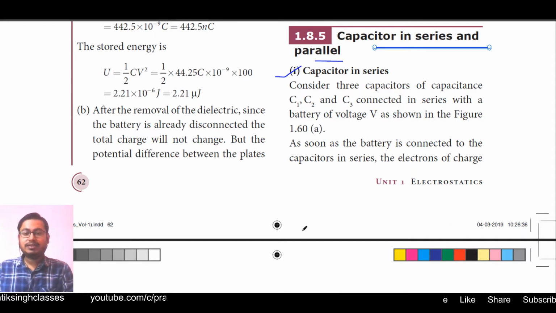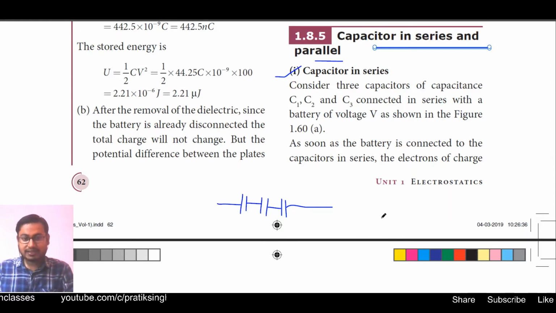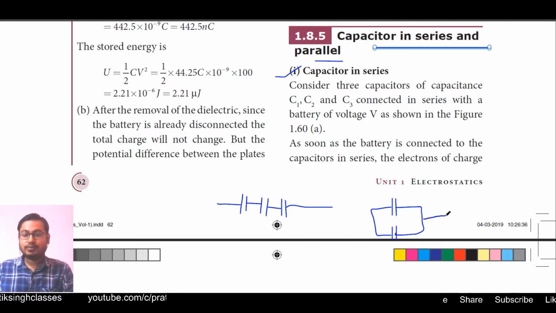So about series you know very well that the capacitors will be attached to each other one by one, as you can see on the screen, like this. Fine. This is the series combination of capacitors, and in parallel combination it is just like we have studied about resistors. It is like this, as you can see on your screen the way I am drawing. Fine. So coming to the first topic, that is capacitor in series.